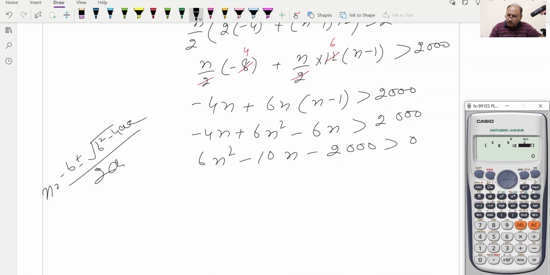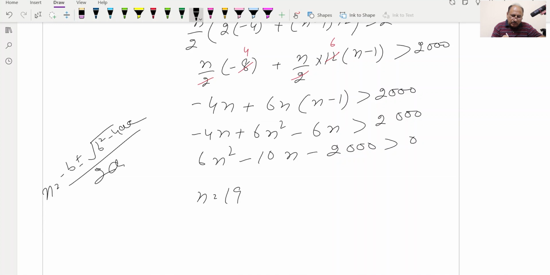So I'll re-put 6 and then minus 10 and then minus 2000, and this will be equal to this value 5 plus 5,481 square root n over 6. So the decimal value will be 19.1. So n is equal to